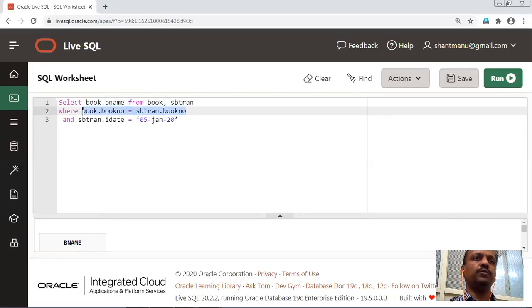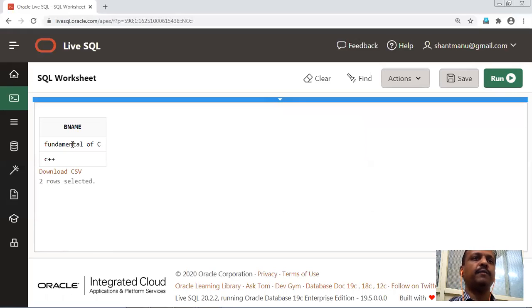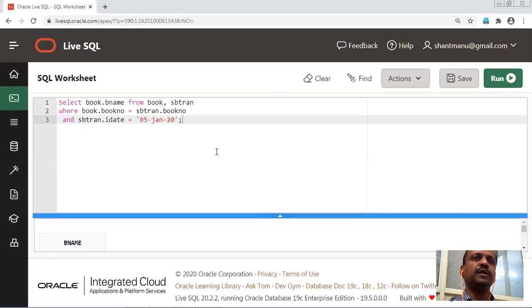Both book numbers should be matched, and there is one more condition: SBTran dot date equal to 5th of January 2020. So let's execute that particular query. We will get the same answer, Fundamental of C and C++. This is the second way that you can execute the query.